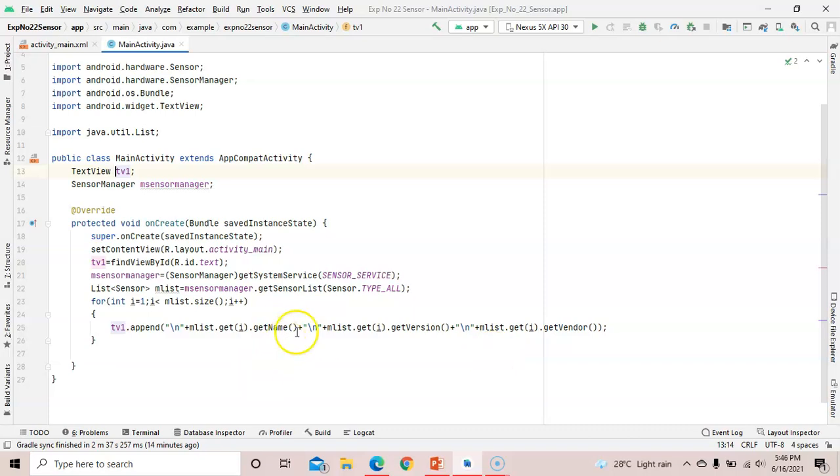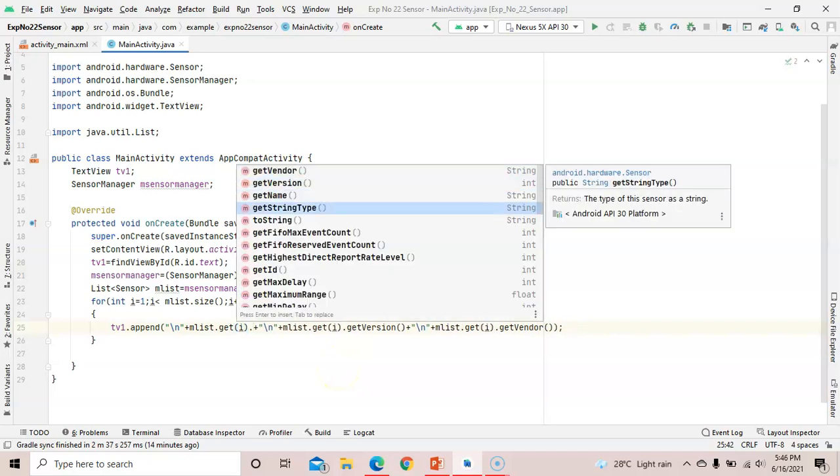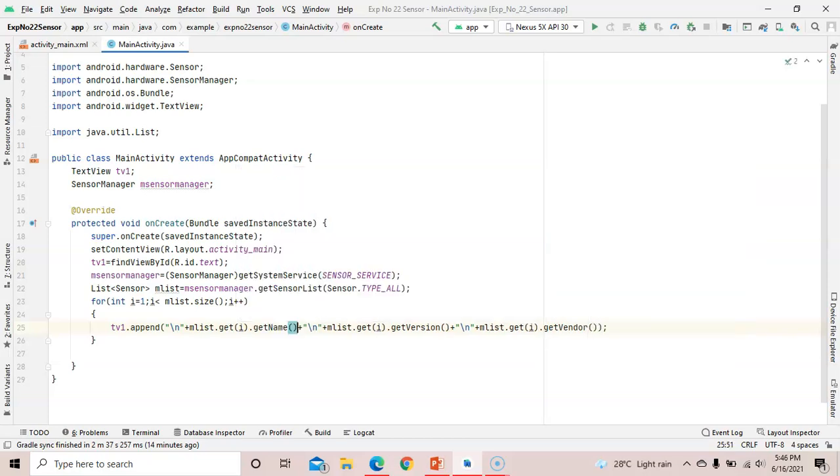So for one sensor, it will show you a name, a version and a manufacturer, all these three by using the get I method and get name method. Get name is also a method. When you type get I here dot, then it will show you what you want. So I want get name.